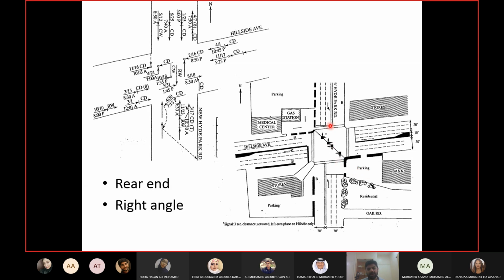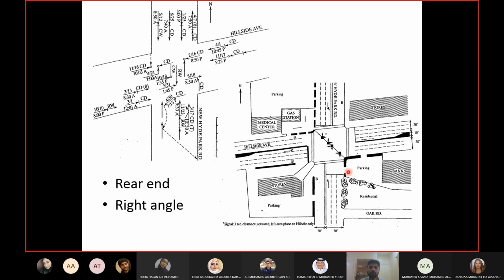So they come out during yellow, they are the first one to go. So maybe they are having the right angle accident. And as I said, these people do not have a proper view of the signal as well. So they come out and then they see the signal is yellow and then they decide to go. So their speed is very low and their decision time may be longer. So people who are coming out from the parking area may be causing these accidents because they do not have a proper view. And they are slower than other drivers, so they are taking more time to clear the intersection, which is not taken into account at the time of clearance interval.